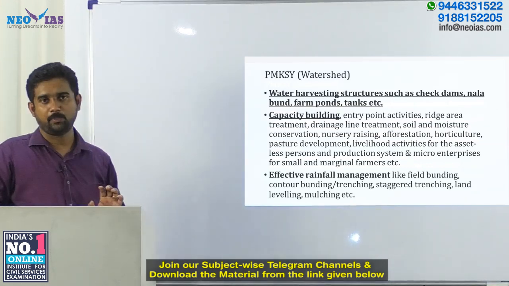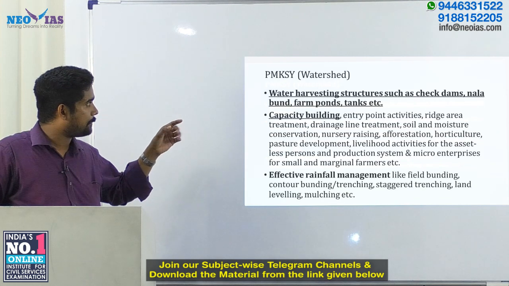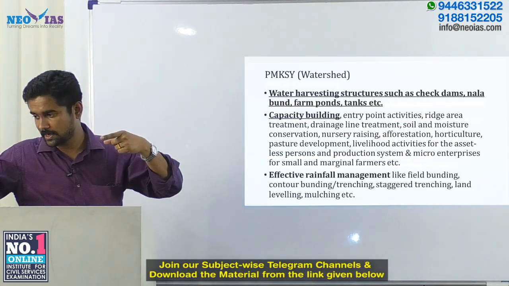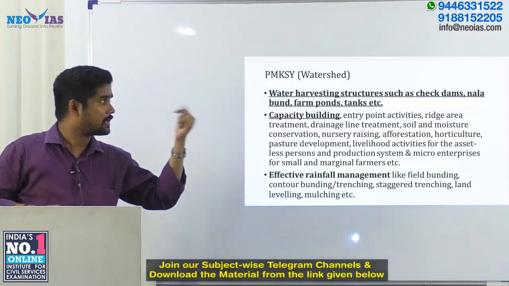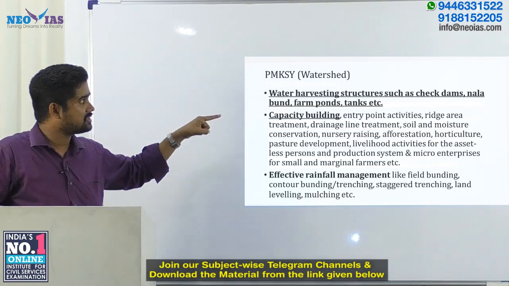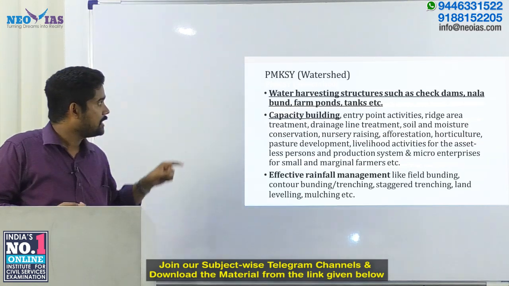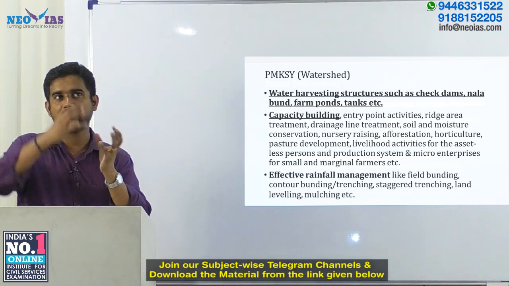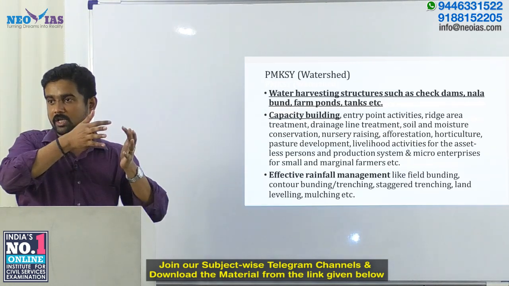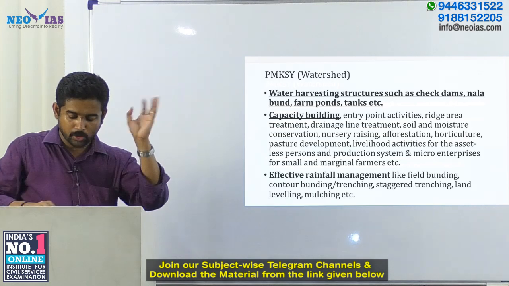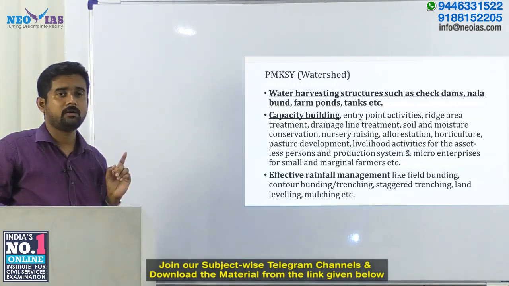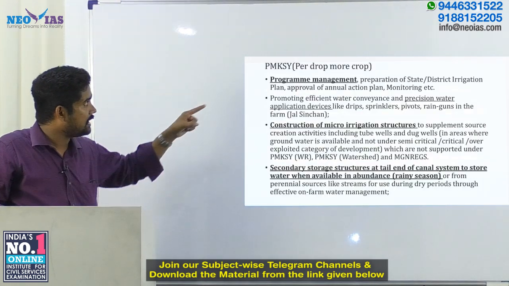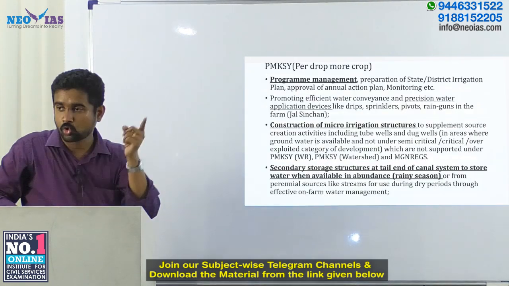Whereas the watershed component is focusing upon water harvesting structures. If the previous component was focusing upon the source creation part, this component is focusing upon water harvesting structures such as check dams, capacity building, and effective rainfall management. So, the mode through which the water poured into the soil is properly taken care of is the key purpose of the watershed component, whereas the per drop more crop component,